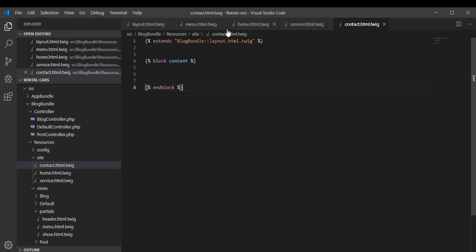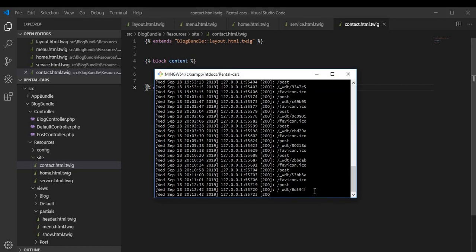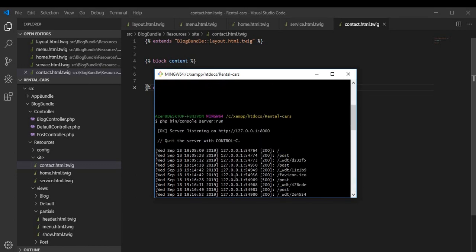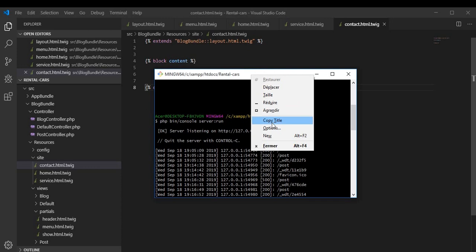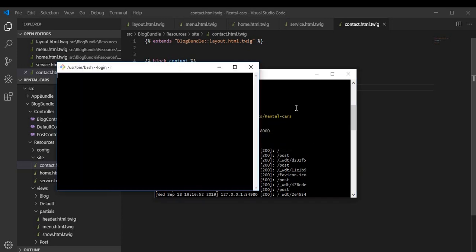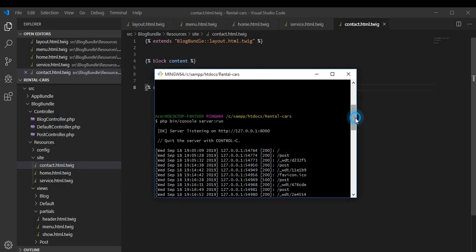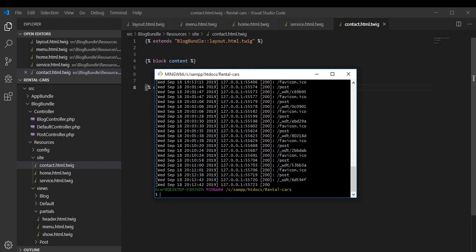So now let's create the controller. What's this? Yeah. Our server is running, so let's open a new one, or just stop the server. Now php bin/console and generate controller. Hit enter,